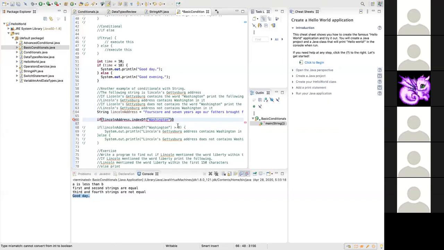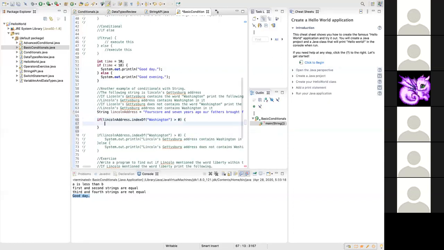If it's there, it returns the index of the value. So basically there are two options. I could say, if the value is greater than 0, that basically means that the word Washington is there and it returns some index. Then I can print out,